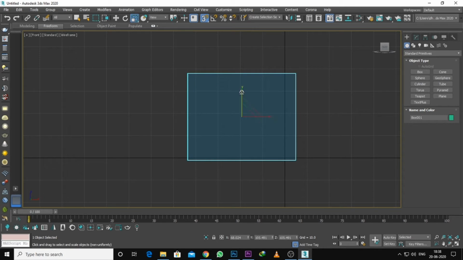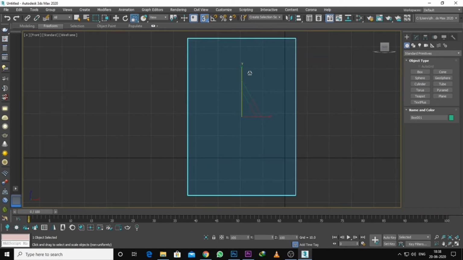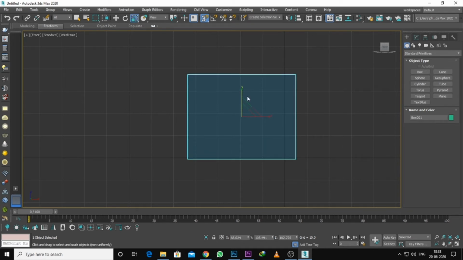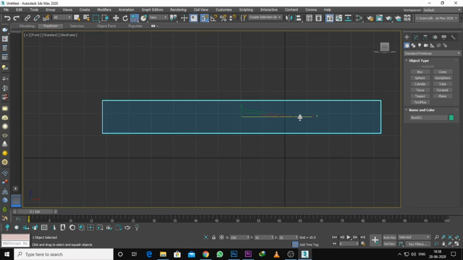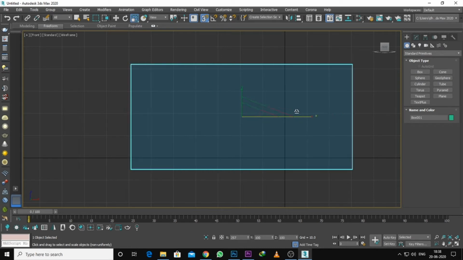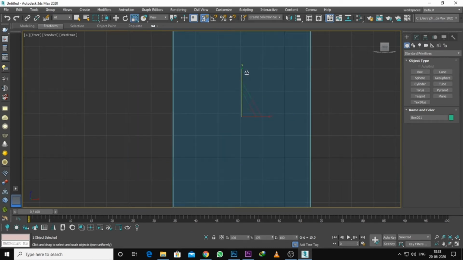When you select the y direction, it works only in the y direction. Sometimes some students press R more than 1 or 2 times, and at that time it is changed, as you can see. So sometimes they get problems like that. Simply click here and press R to corner, and at that time it works according to your x direction.